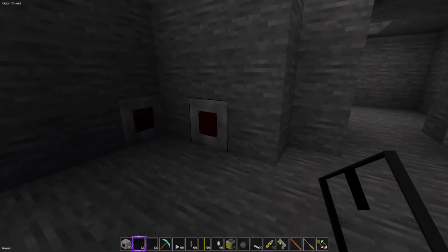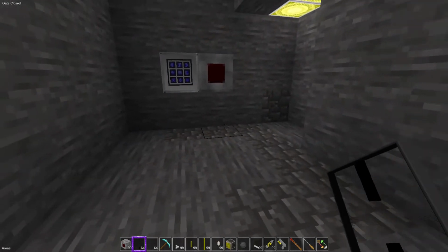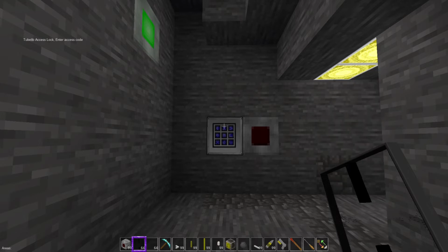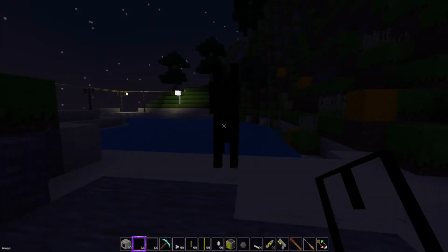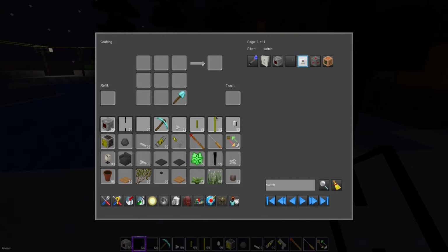Cool. Then we have the sticky pistons here, which are operated from that switch. Nice. We're going to close that. We're going to open this door up and go out. What the heck is that? Oh, it's a horsey. Oh, I wanted to, real quickly before we leave, show the command block